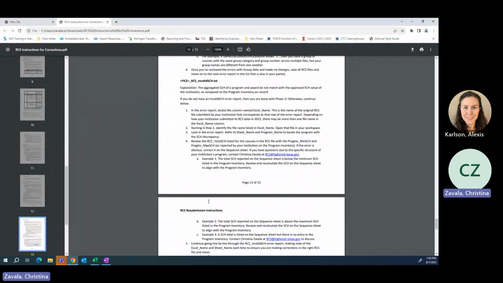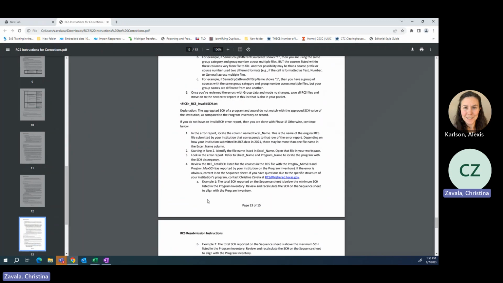Okay, so we have just 2 more reports left. So the next report is the invalid SCH report. And so for this particular report, we looked at the program inventory that we have here at the agency that